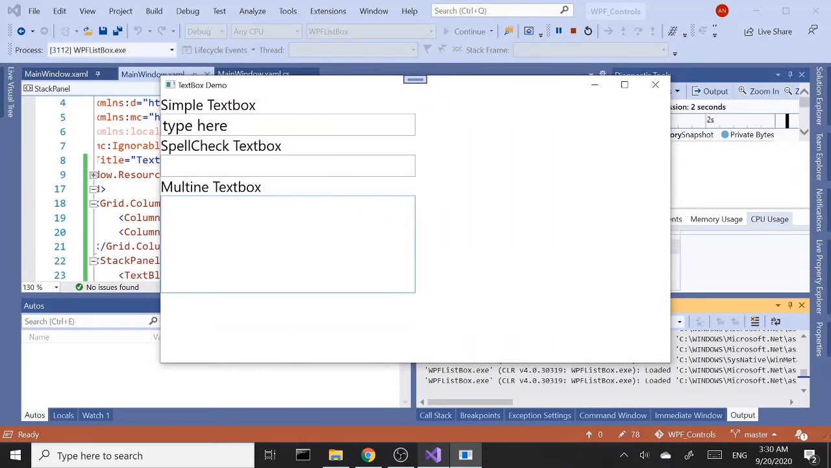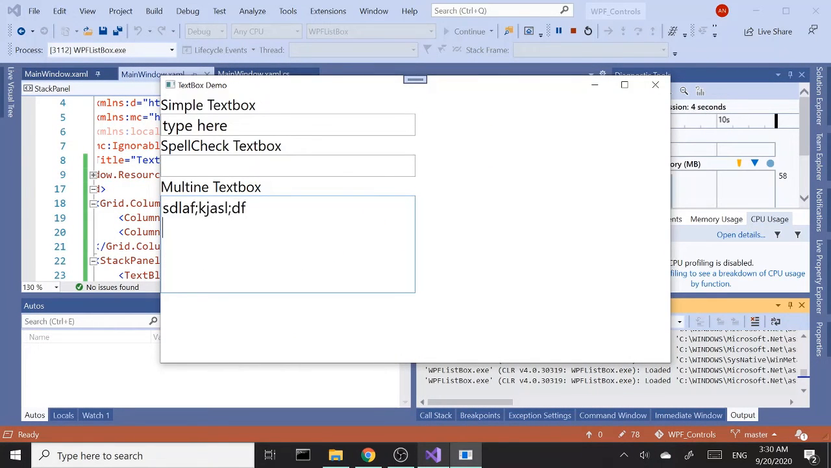So now if I type in here and hit enter, the cursor will go to the next line. I can keep going here. Let's type in something that makes sense. So in order to make a text box multi-line,